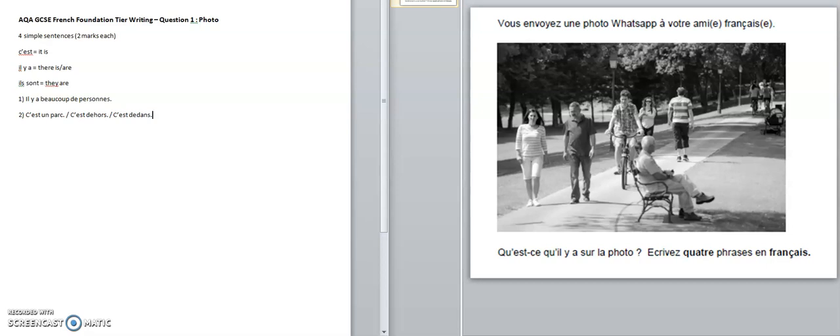There's nothing wrong with that. But see if you can talk about where the photo is, and then look in the photo and see if there are any other objects that you know the French for. Now you might not know the word for a bench, or a path, or a pram, or a pushchair, but you might know a bike, because we say I go bike riding a lot. So you could therefore say,